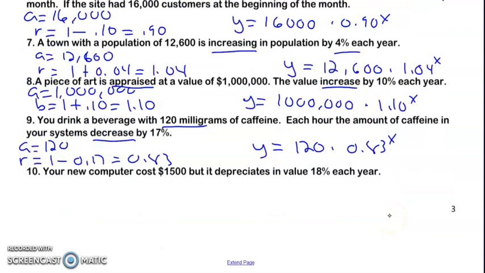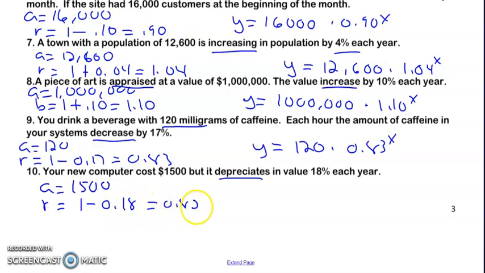And your new computer costs $1,500 but depreciates at 18%. Again, this is your start. And our rate, depreciate means goes down in value. I don't like when things go down in value. And my equation is,